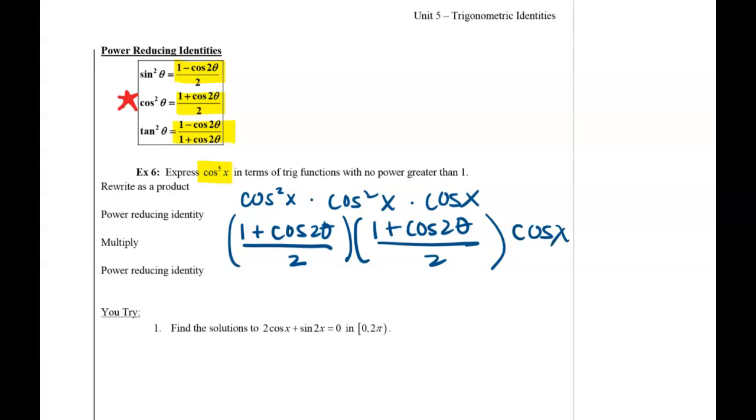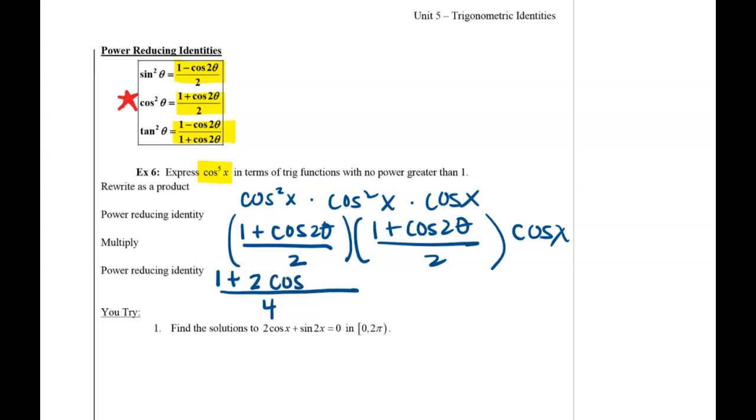And this is pretty cool because everything now is with a power no greater than 1. So yay! We can just do a little bit of simplification from here. You can do bottom times bottom, which is equal to 4. And then if you want to FOIL the tops, 1 times 1 is 1. And then if you do outside insides, 1 cosine 2 theta times 1 cosine 2 theta is 2 of those. So plus